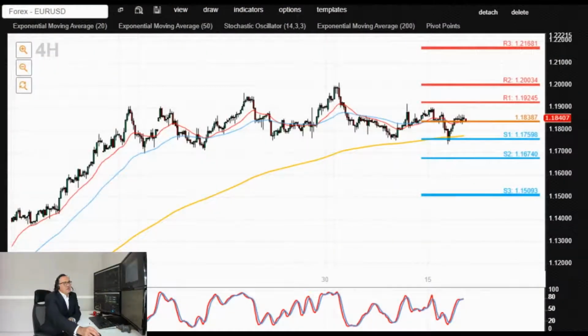Now, let's take a look at a few markets. This is euro dollar in 4 hourly, so therefore intraday price action. You can see that euro dollar is ranging sideways. Key trading level going forward is at 1.1840, which is this orange line here. Support to the downside is at the cluster of these lows and this orange line, which is our 200 period moving average at 1.1760. So as long as that level holds,